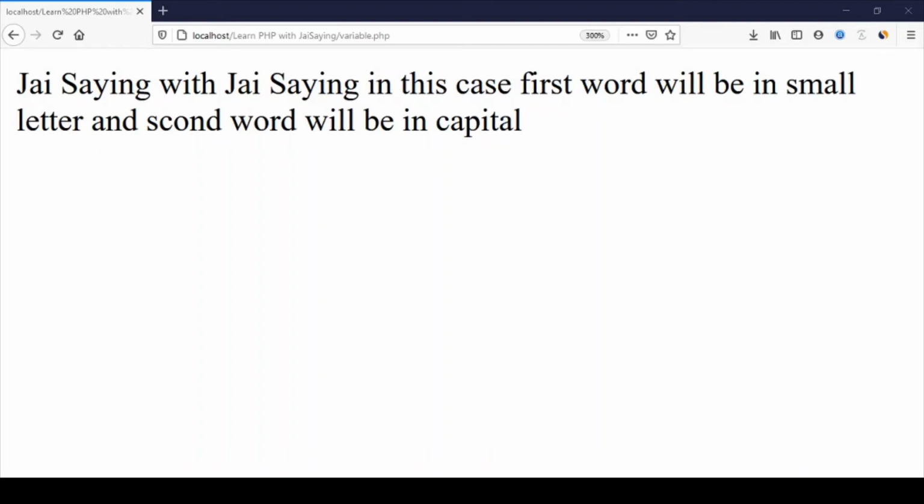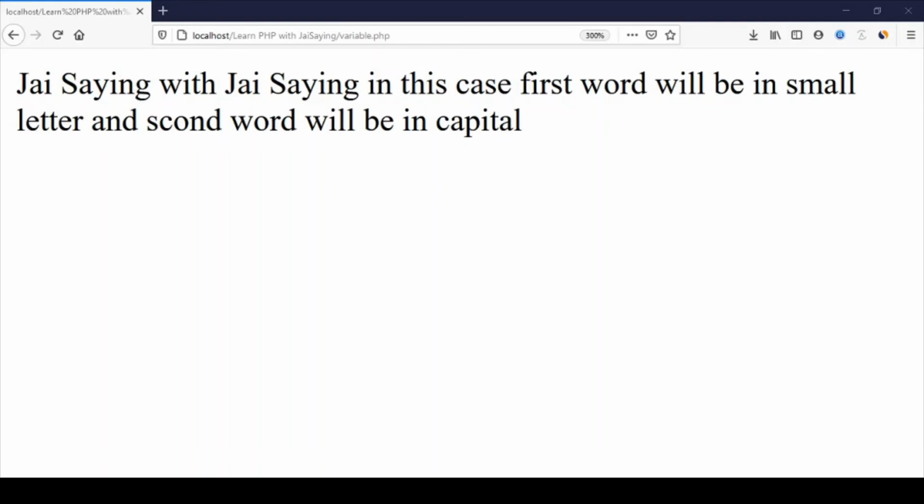Now the fifth case I will tell you. In the fifth case, JSing with numeric, a combination of alphabetic character and numeric character. Okay, so I'll type here and use this one.